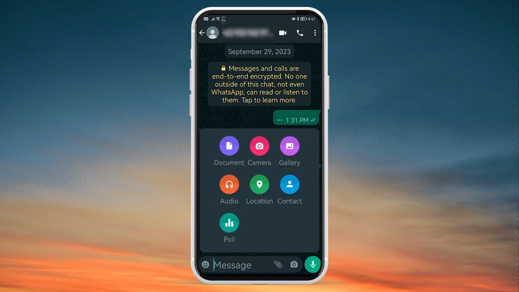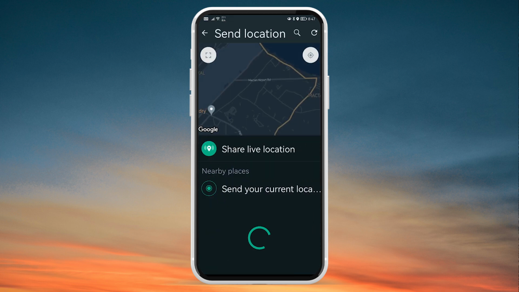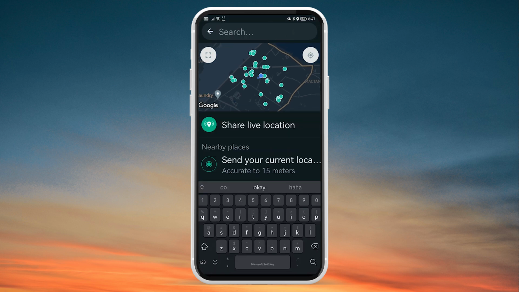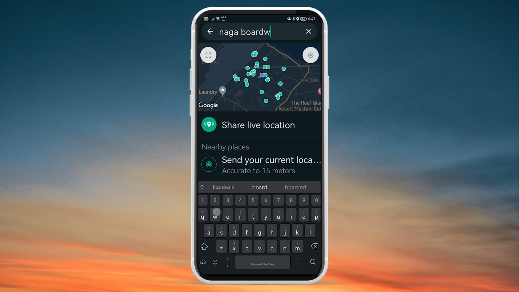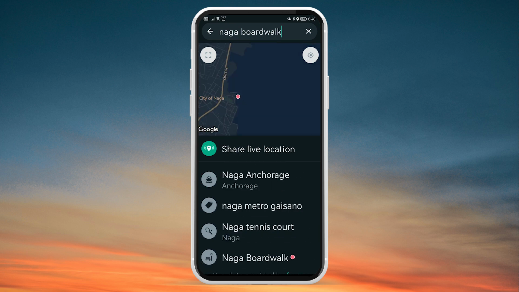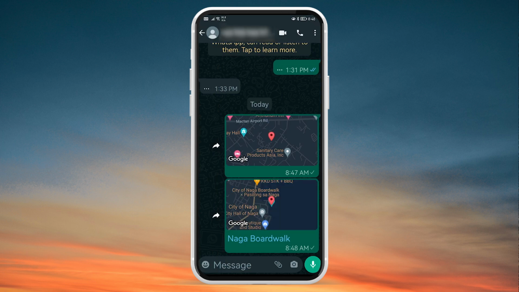But say for example you want to send another location, then you can just go back here and then you can go ahead and click this one here in order to search for a location. Say for example I'm going to go ahead and look for something. Alright, say for example this one here, I'm going to go ahead and click this green button. Alright, and I'm going to go ahead and click this. Alright, there it goes. You can see I have now sent a